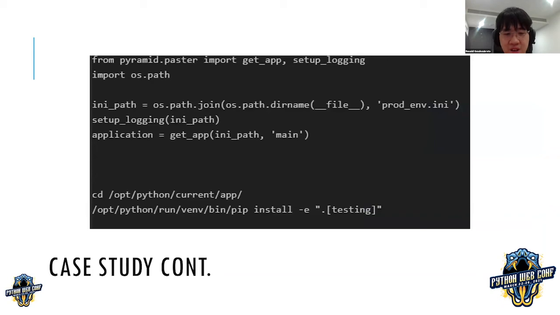And this is a continuation of the case study. An interesting example is using a Pyramid script to import things such as GitLab and set up logging. In this example, we are able to utilize logging from Pyramid itself within the application, and declare a particular path for it to get through, and from there set up the logging lists that are required to take up the rest of the necessary